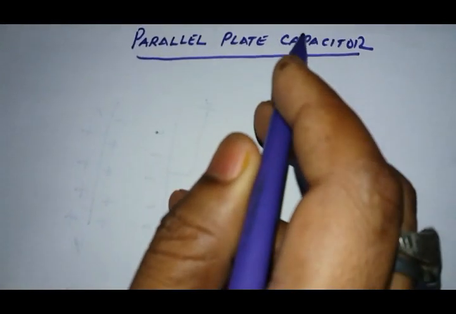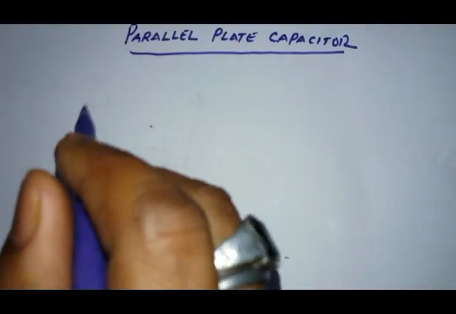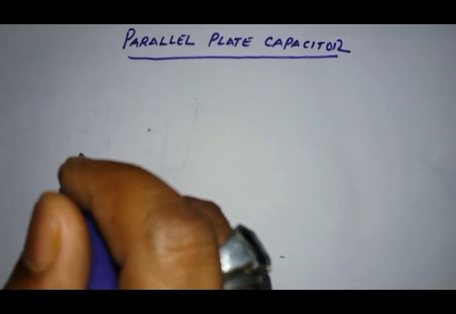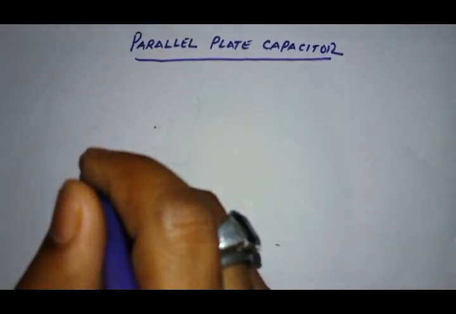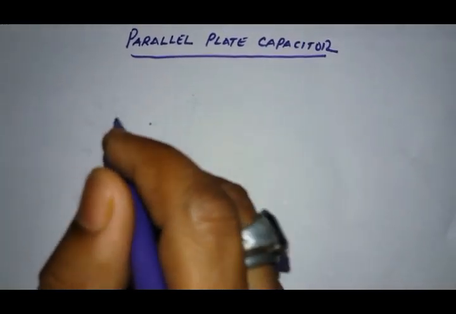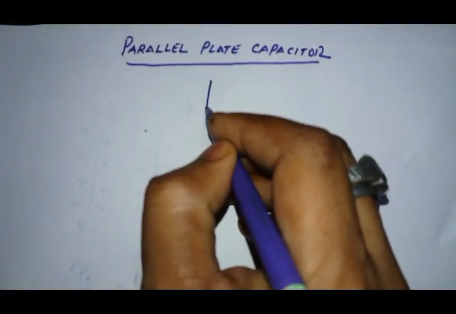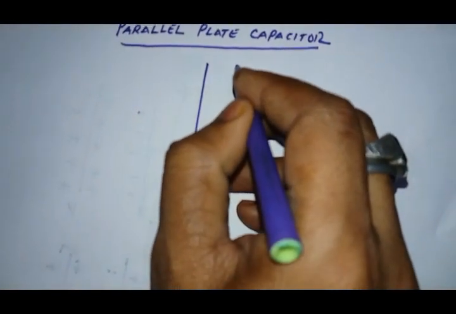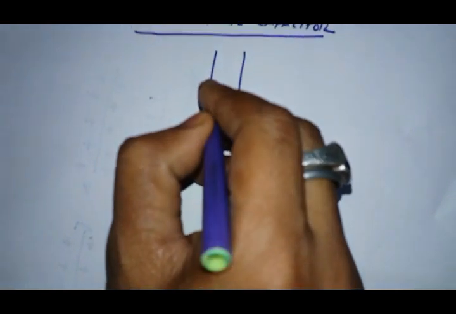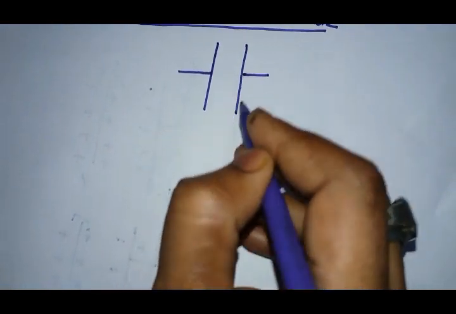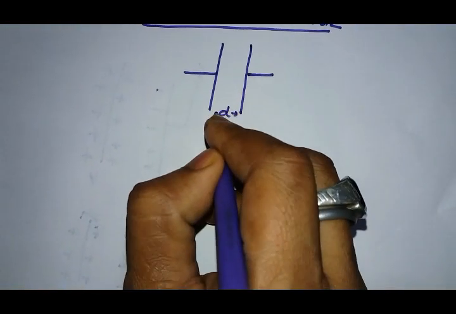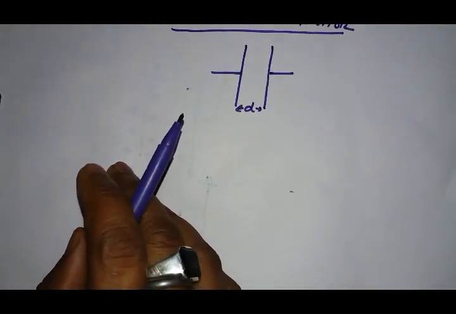Parallel plate capacitor. A parallel plate capacitor consists of two parallel conducting thin plates separated by a small distance. Means if we have two conducting plates separated by a small distance d, then this arrangement is called a capacitor. Now, principle